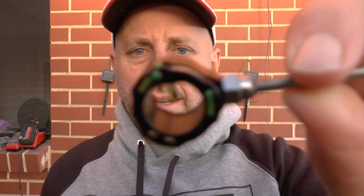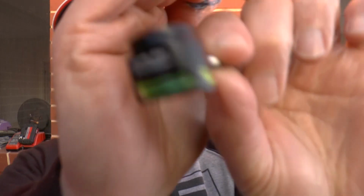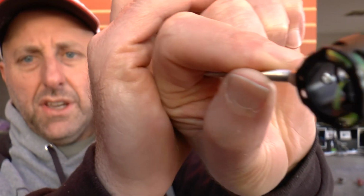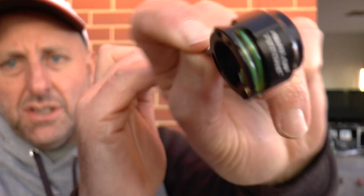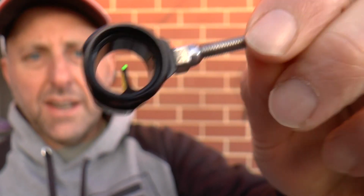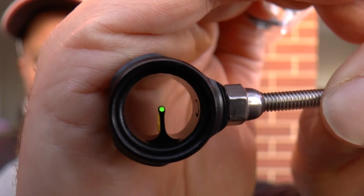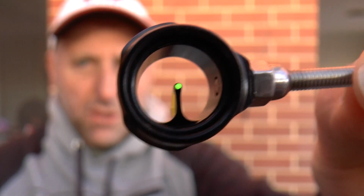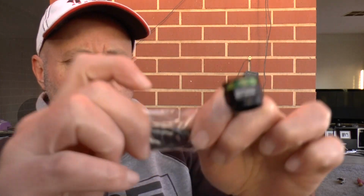This is what comes in the kit. So this is the housing itself here. Now with the recurve, you're not allowed to have any magnification. So you can see fiber optics around the outside. You're not allowed to have a spirit level. So that's what it looks like there. The body. This is kind of similar on most of them. Now it comes with